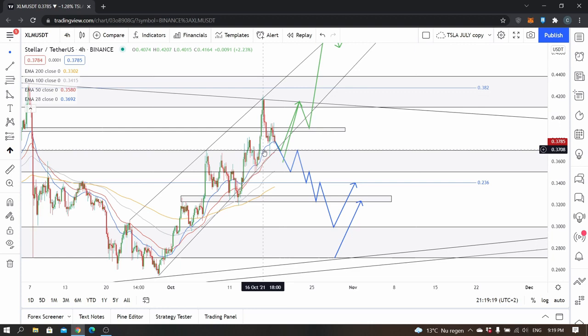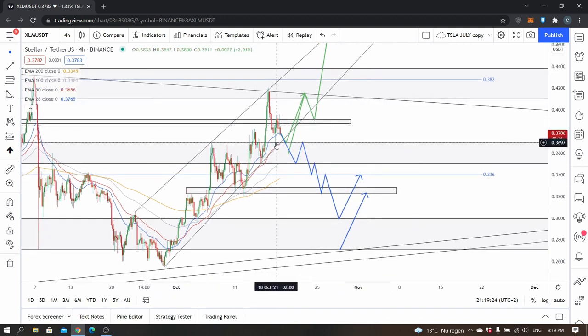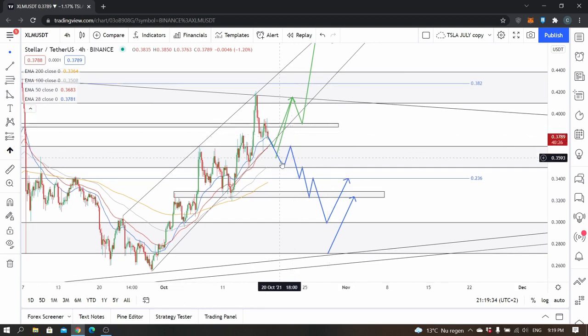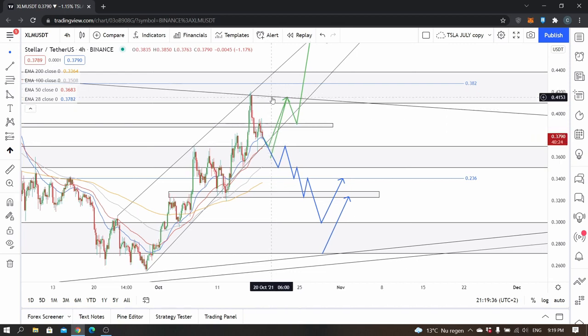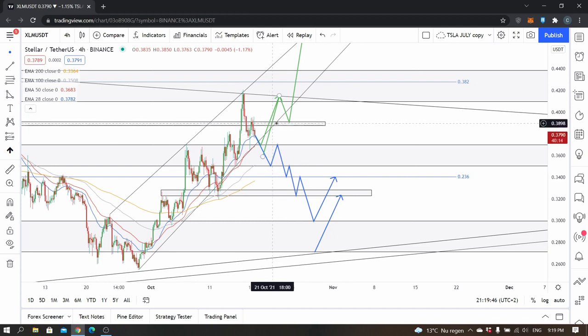So the second thing I think that can happen is that this channel up will be respected, so that the price ultimately finds support at the 37 cents, and it might go a little bit lower, even up until the 36 cents, and that from there it will go to the upper bound of the triangle again, so that would be around 41.50. And it might find some resistance there once or twice more, but ultimately I think that the area between 39 cents and 37.50